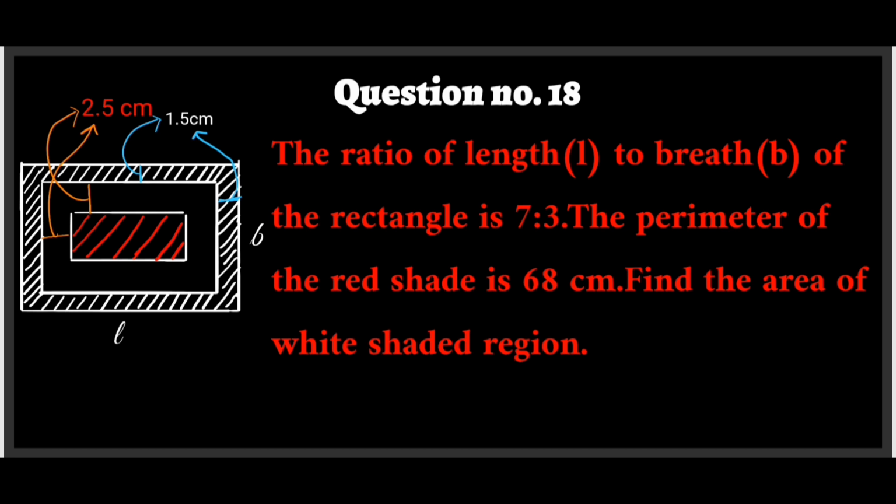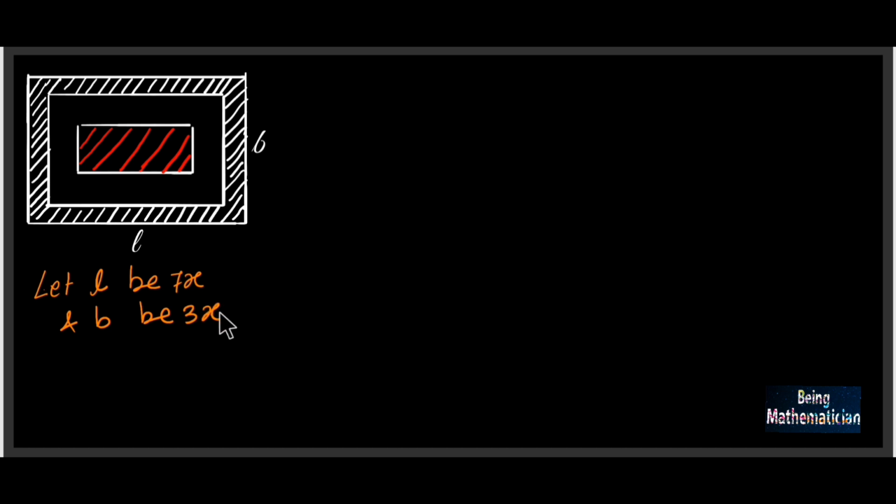Question number 18. Let L be 7x and B be 3x. Now given that this width is 1.5 and this width is also 1.5, so we can find this length easily. So this length must be